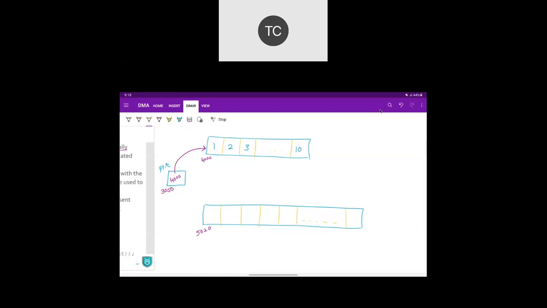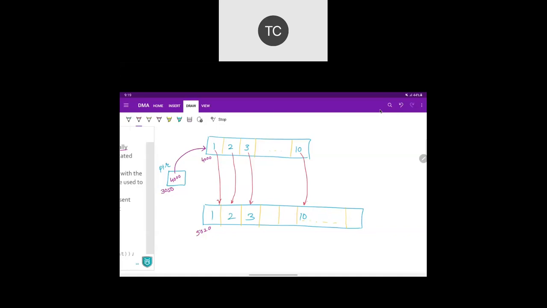Then it is going to copy your original data from the previously allocated memory. It will bring those original data here, so 1, 2, 3, up to maybe 10, and so on.